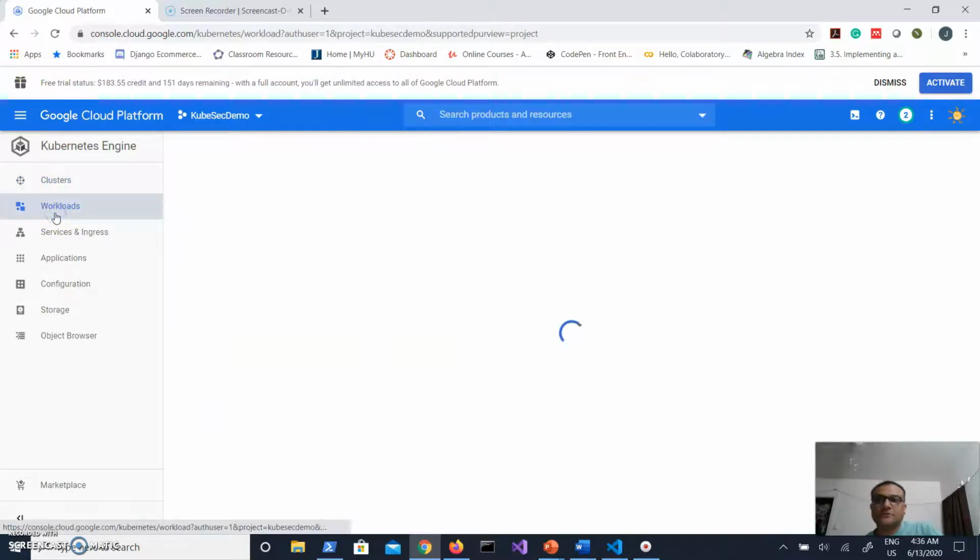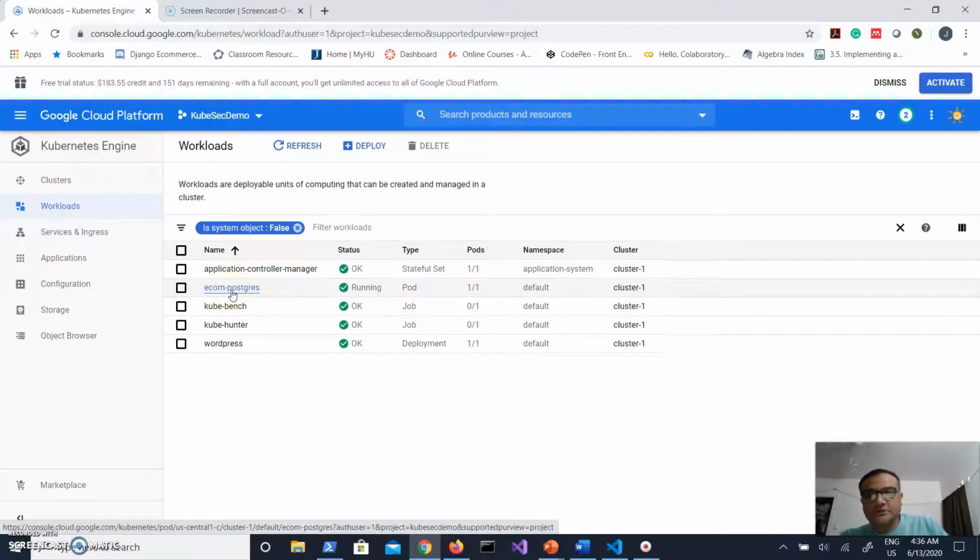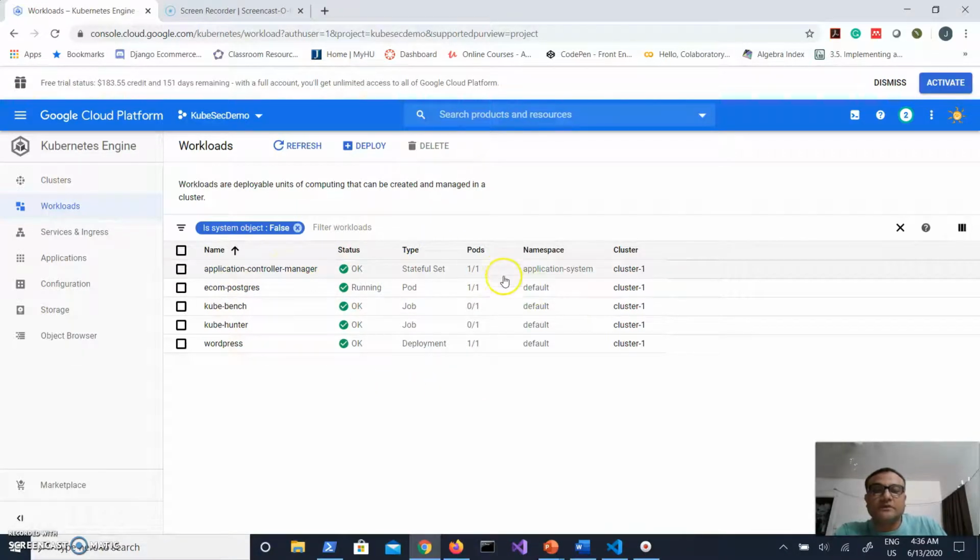In this cluster, I have deployed applications. This is a WordPress application. These tools are the security scanning tools that I have run as a job using the YAML files that I am going to explain. This is an e-commerce pod for my e-commerce application, where the data is stored in Postgres. The application control manager. These are the running jobs. First, second, and the last one. These are the running containers in this cluster,